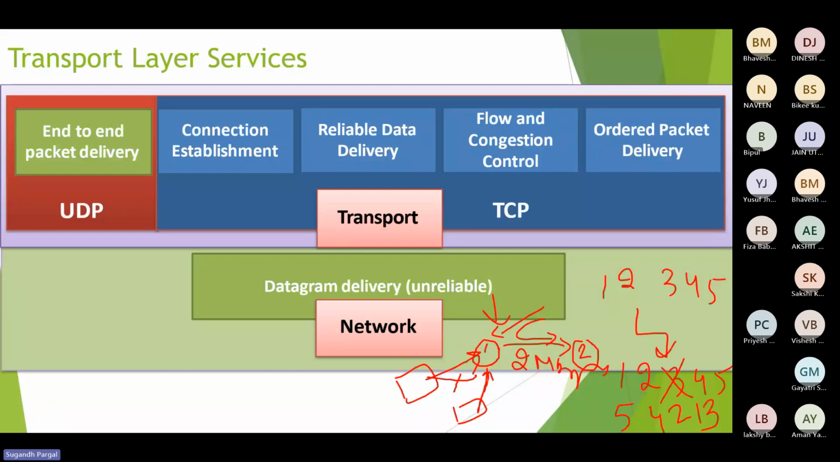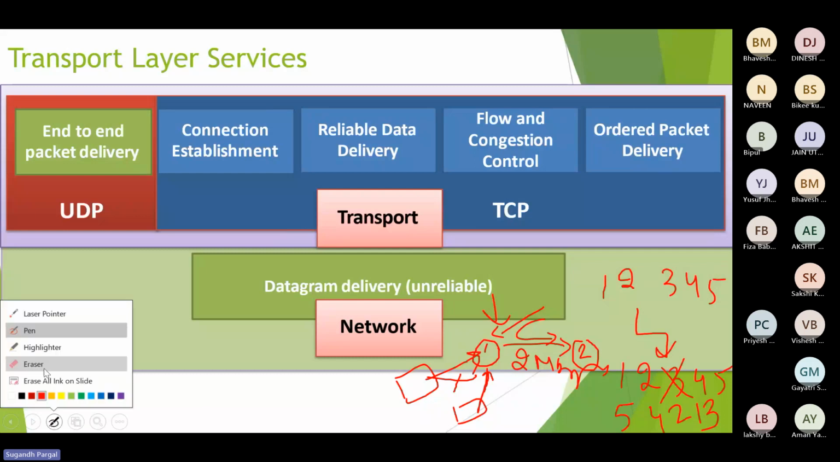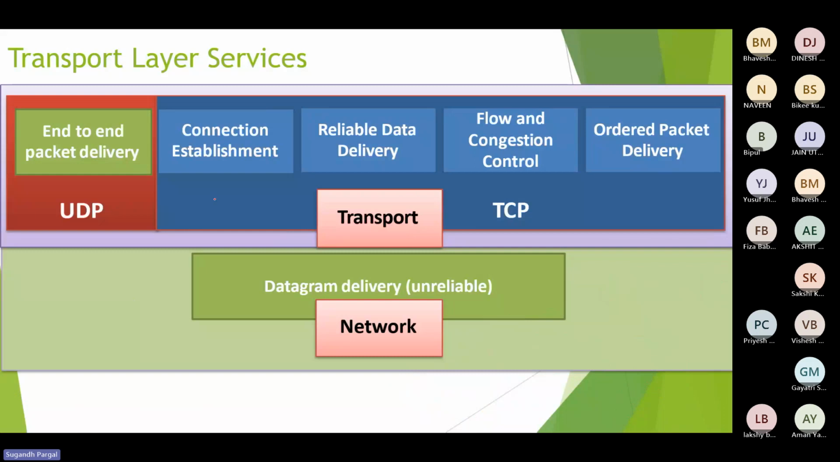So it helps to maintain the ordered packet delivery. Now these are the major services which are provided by the transport layer protocol, or the TCP. However, in case of UDP, that is another protocol for the transport layer services, that only obeys end-to-end